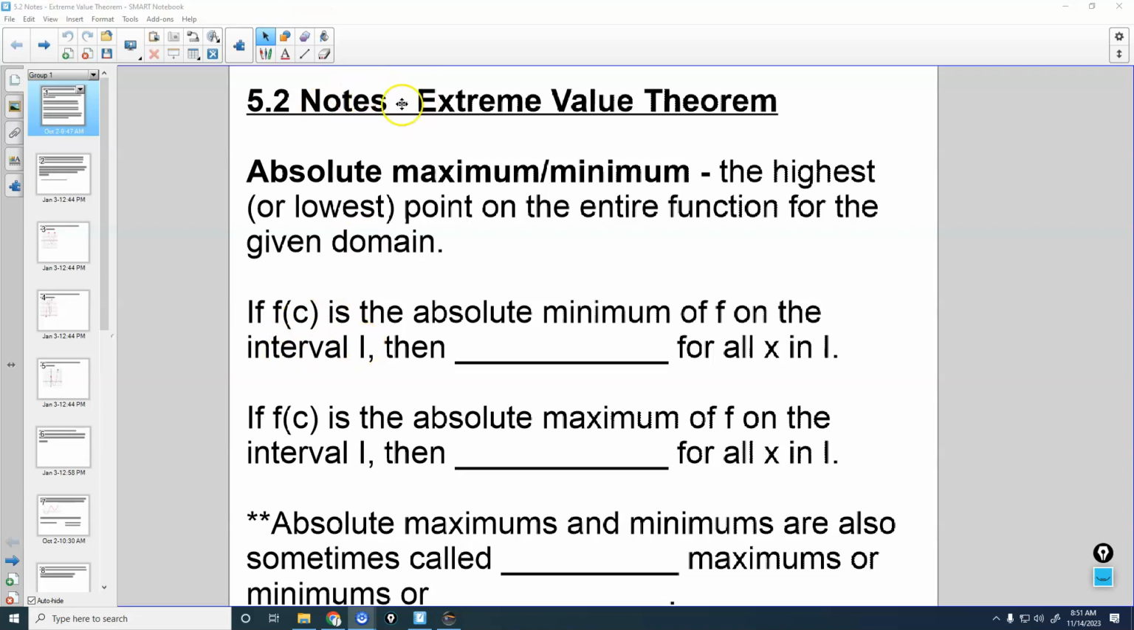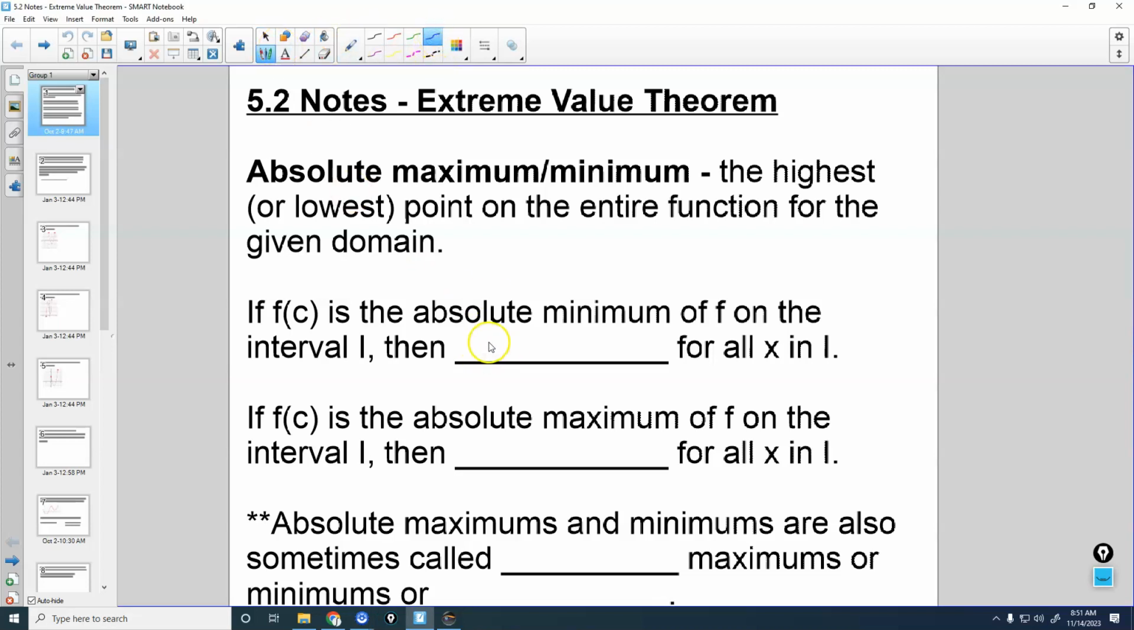So, extreme value theorem is going to deal with absolute maximum and minimum. An absolute maximum or minimum is the highest or lowest point, lowest if you're talking about minimums, on the entire function for the given domain. So, if f of c is the absolute minimum of f on the interval I, then